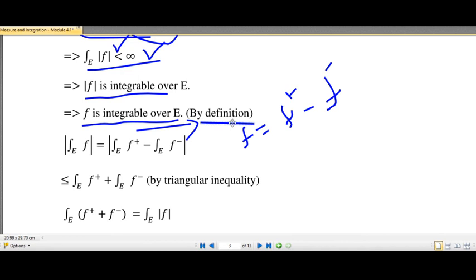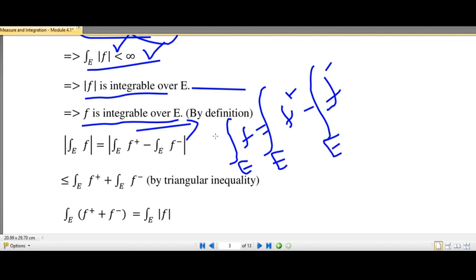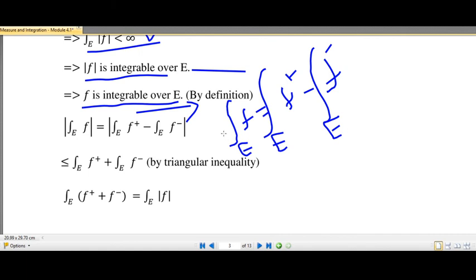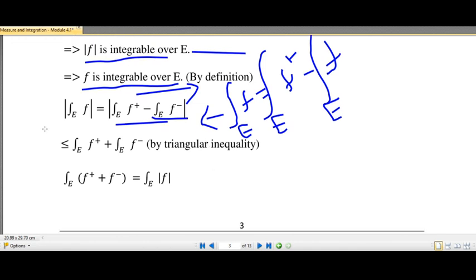Then by linearity of integration, we get that the integral of f over E is equal to the integral of f plus over E minus the integral of f minus over E. Now we take the modulus on both sides, we get that modulus of the integral of f over E is equal to modulus of the integral of f plus over E minus the integral of f minus over E. Then by the triangle inequality, this is less than or equal to modulus of the integral of f plus over E plus modulus of the integral of f minus over E,